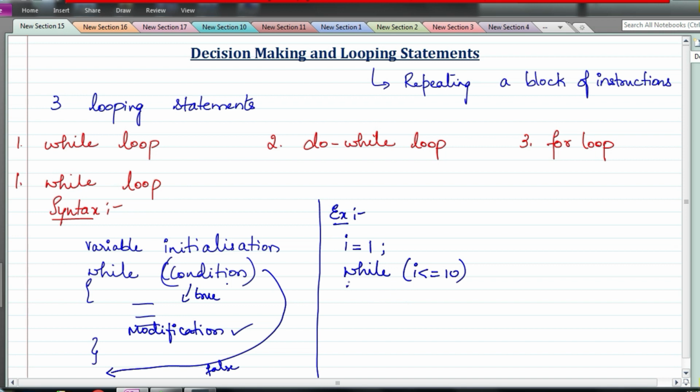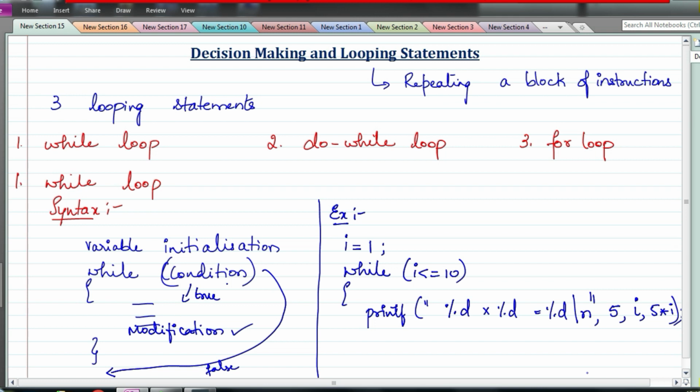And here I am going to write the multiplication table of 5. So printf("%d * %d = %d"). The first %d is 5, the second %d is i, and then it is 5 * i.